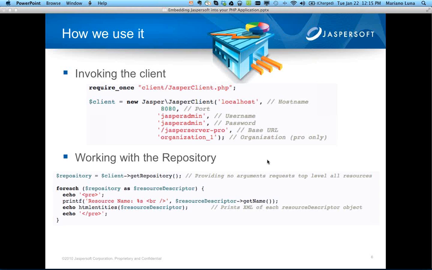So invoking the client is pretty straightforward. You just call the class and with that class you have to create a connection before using that. As you can see in this example, I have everything on my localhost, so I'm just connecting to the Jasper server on the standard 8080 port that Tomcat uses. You give the username and password that you're going to be using to connect, and here's where a lot of things come to your mind, because in this case I'm just hard coding those, but you will